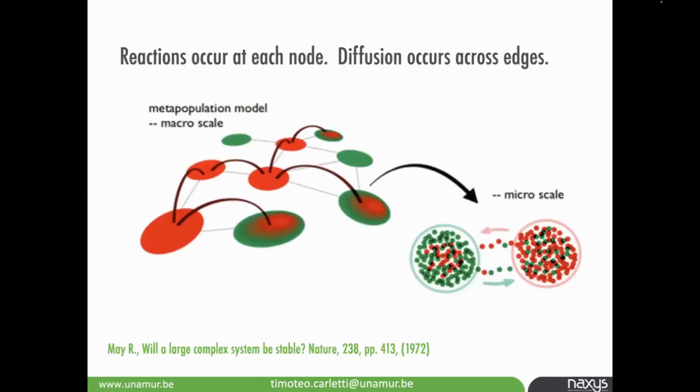Okay, and so this is the idea of considering nodes small enough, so a portion of space, but large enough to contain many chemicals, many animals, many agents in general. This is the idea that Robert May put to the fore in the 70s, studying the stability of ecosystems. This idea of metapopulation: you have a node which is small, but large enough to contain many agents. In such a way, inside the node there is no more space, and you can describe the evolution of your species just by an ordinary differential equation, not a partial differential equation.